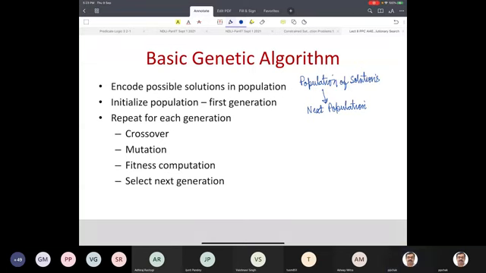Now, the steps are encoding a possible solution. What is the encoding of a solution? How do you create the first set, or the first generation? And then how do you create a new generation? So the new population generation is created